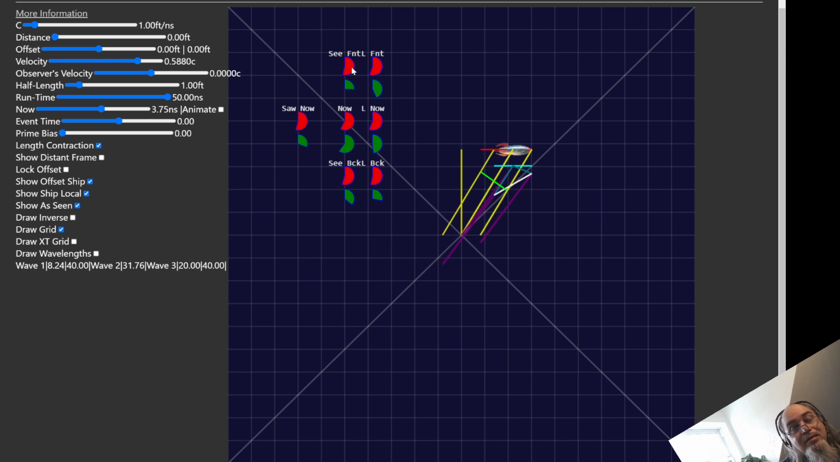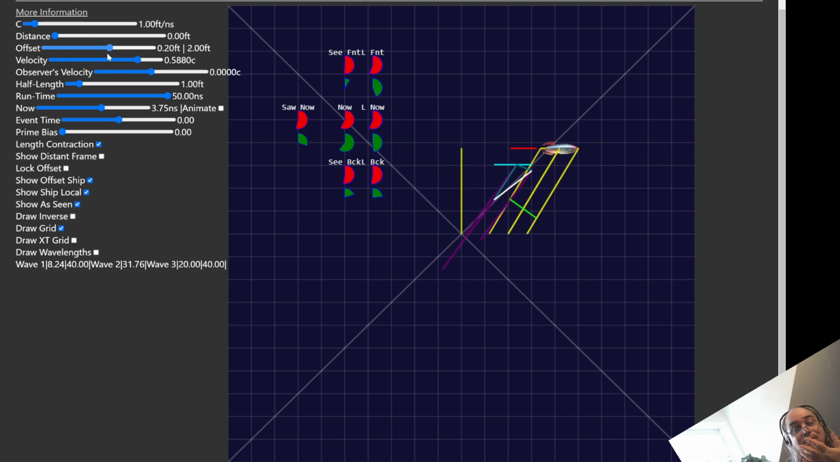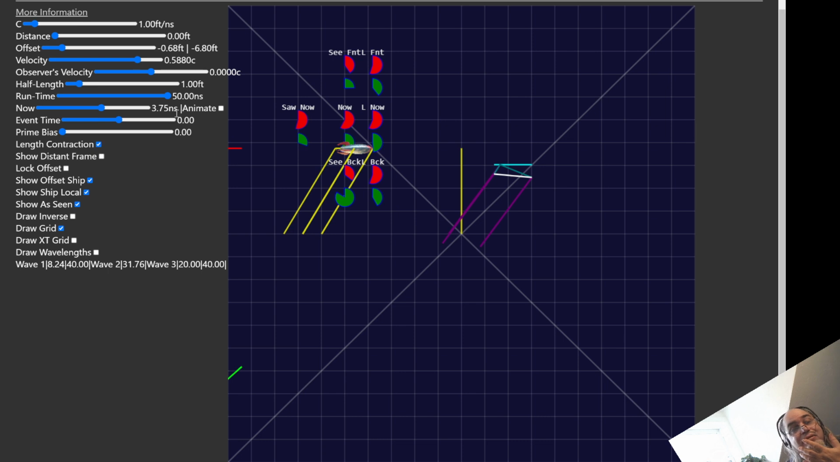And this is the time that is seen from the front of the ship. This is the time that's seen from the back of the ship. This is the time that the back of the ship sees to an observer that's in the ship. You can change that offset so the time changes where he is. See, if he's further back,